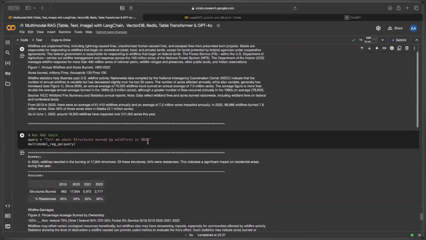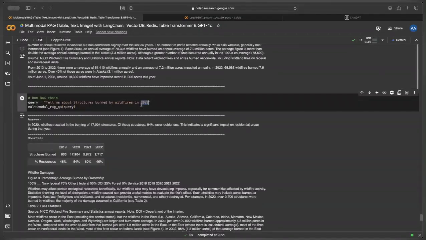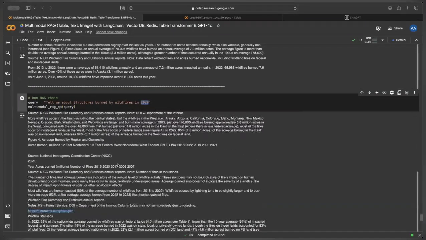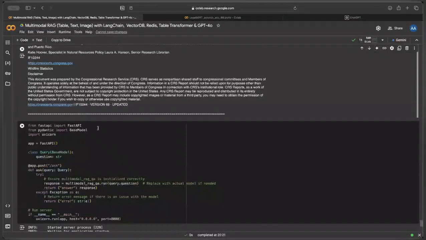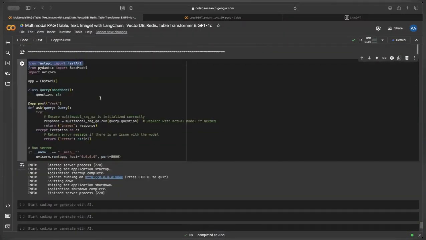And then here again, I ask that for 2020, it giving the right answer. And here, this is just a Flask-based API. Suppose whatever you created and you want to deploy, just post here multimodal RAG.qna, and then you can hit into the Postman, and you will get the answer. So this is the complete pipeline,